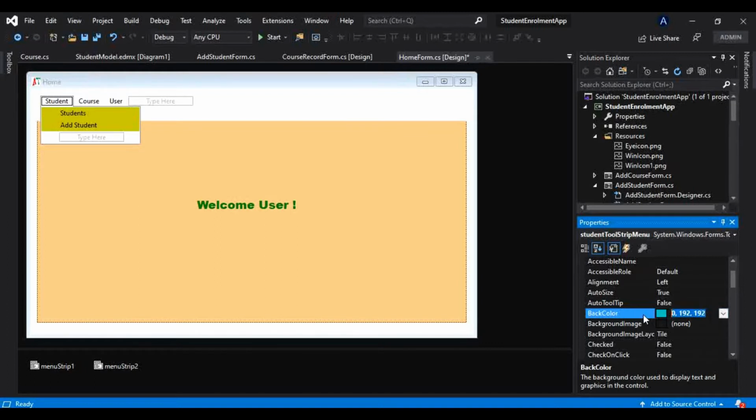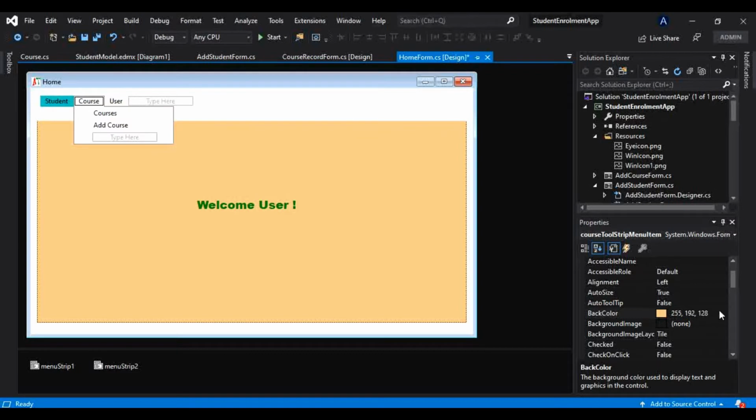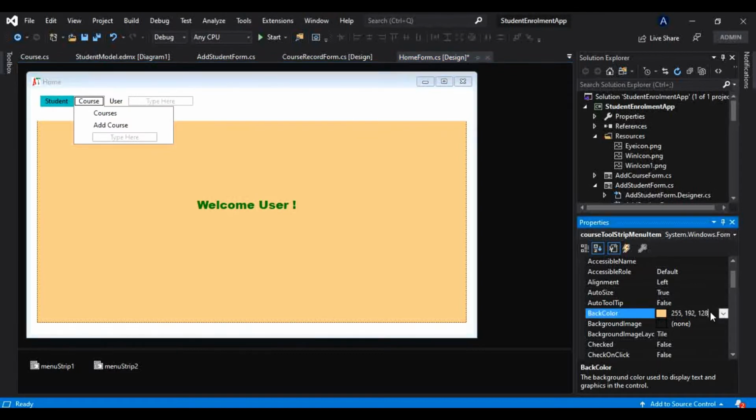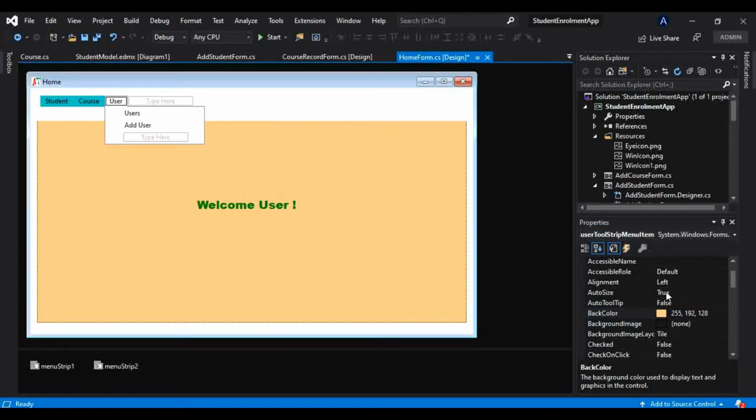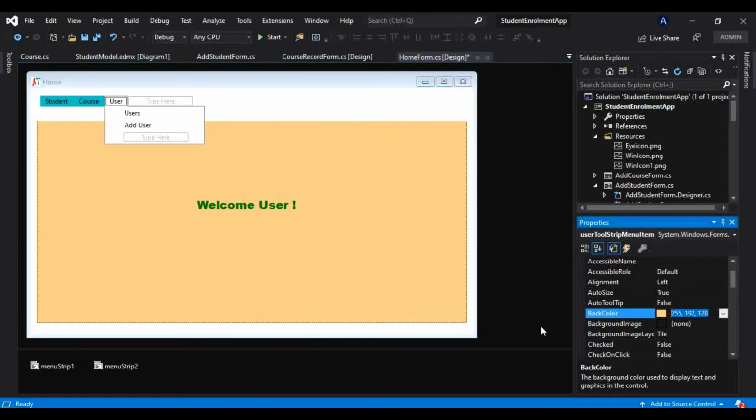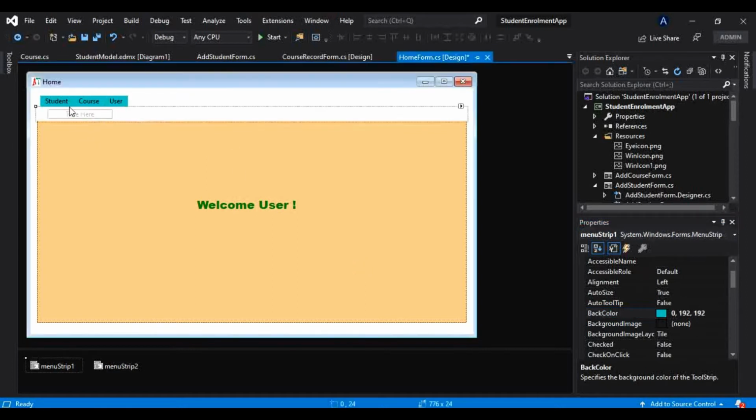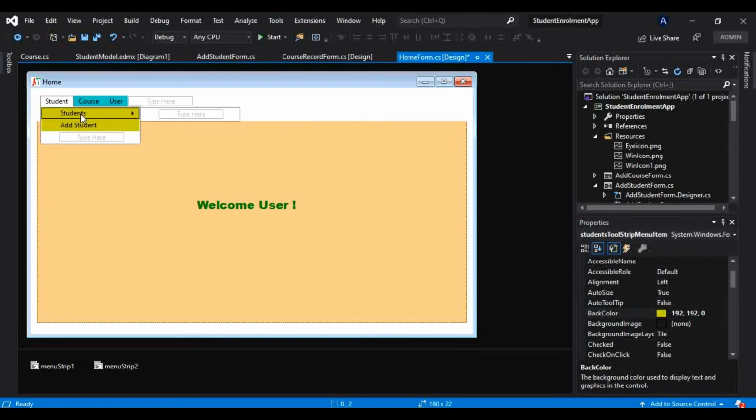Okay, let me copy this from here, and let me go to this course, and I will use this here. Okay, and for user the same thing. So these are nothing but the points for this color. Okay, and similarly for these menus.